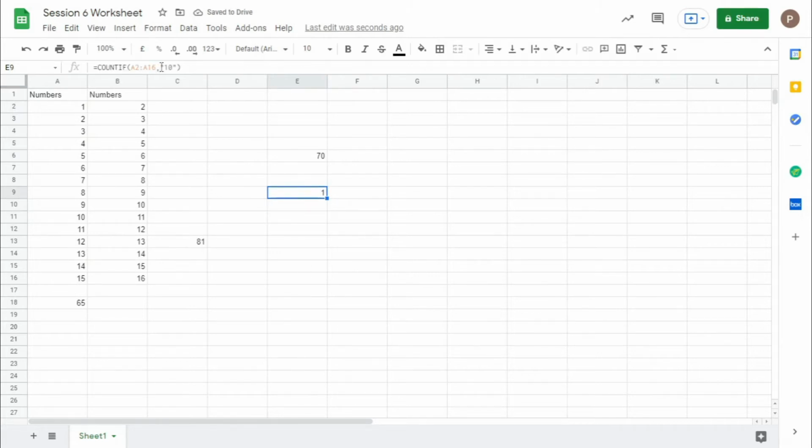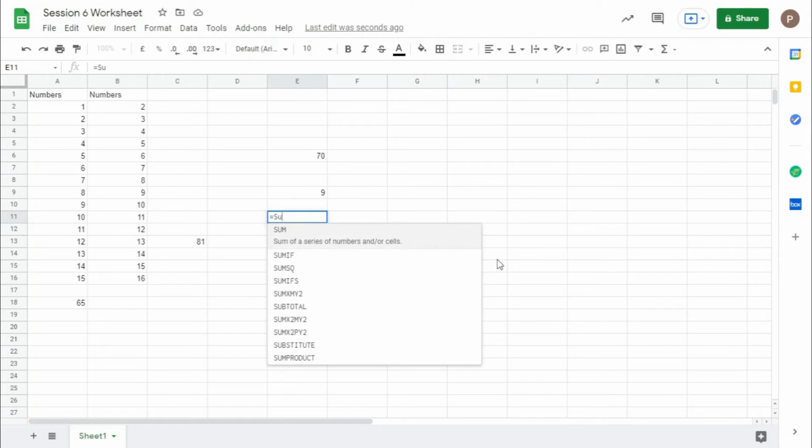Since I gave just 10, it counts just 10. If I give greater than 10, it gives me 5. If I say less than 10, it gives me 9 values.